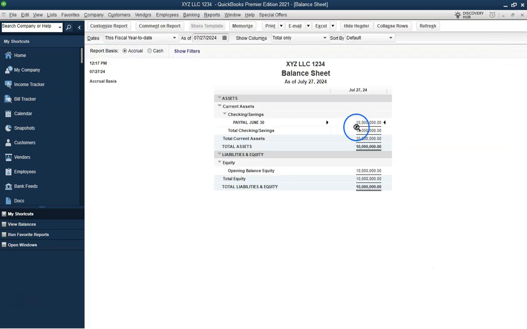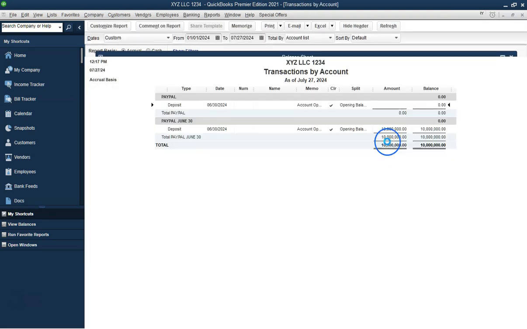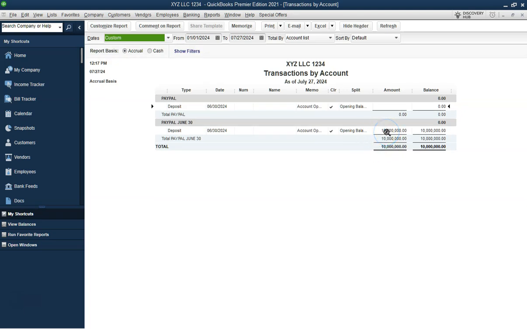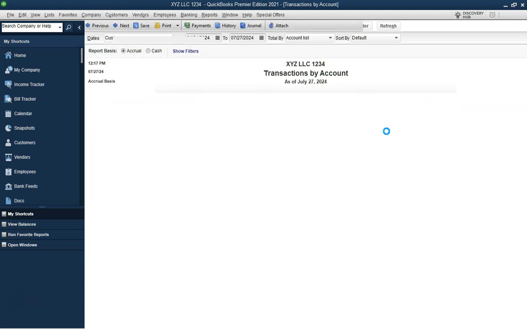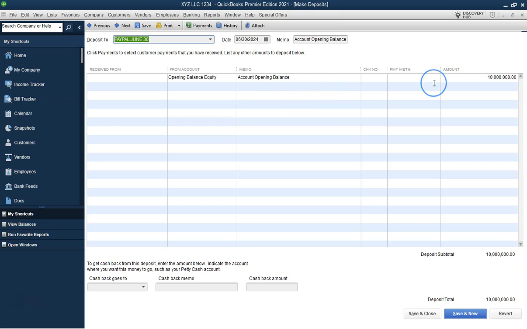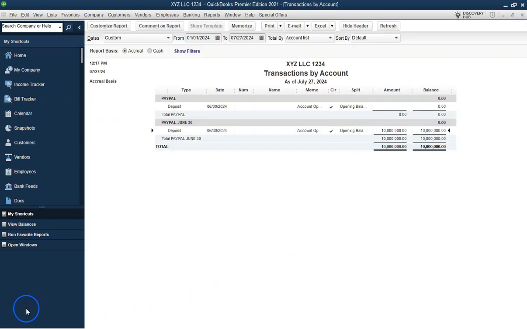Scroll down to the Bank Accounts section and find New Bank Account. You'll see the opening balance is correctly reflected. Additionally, you can see the effect in the Opening Balance Equity section, which should reflect the same amount as the opening balance. That's it. You've successfully created a new account and added an